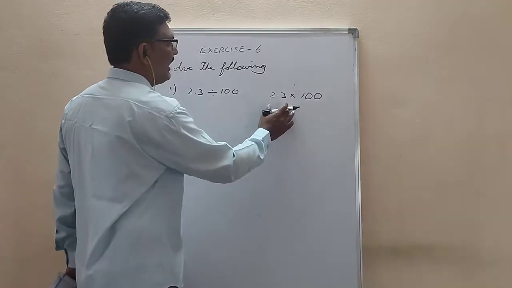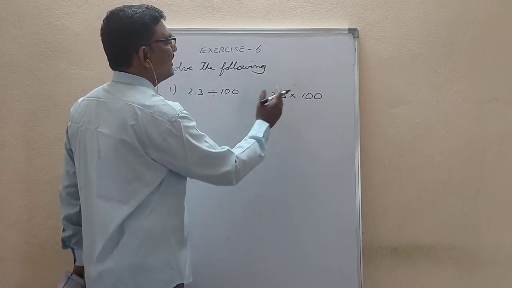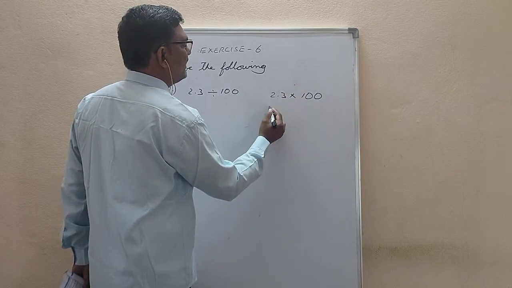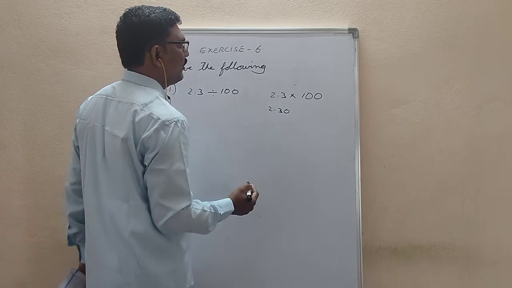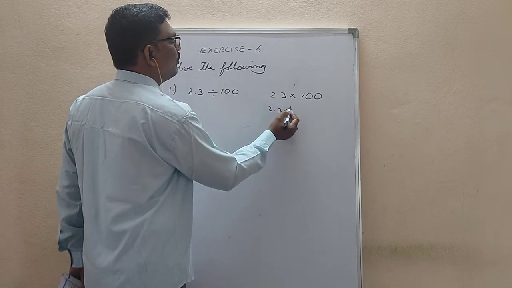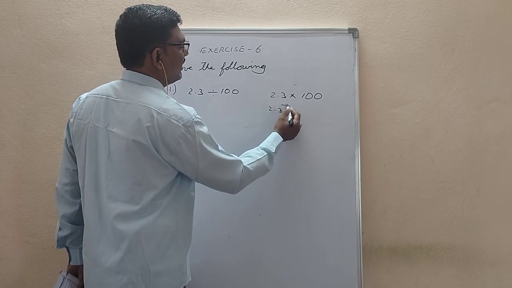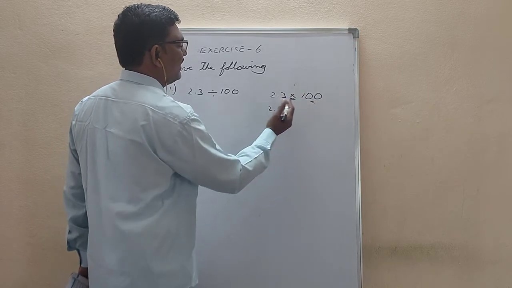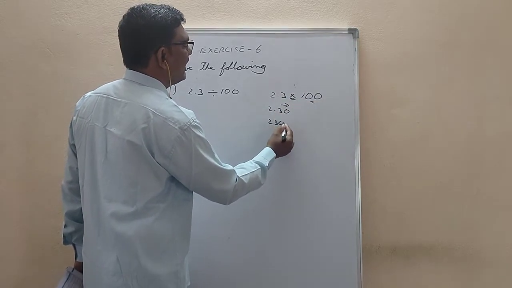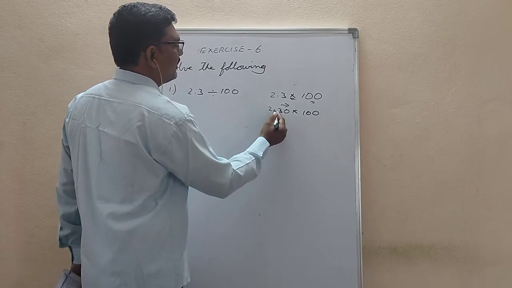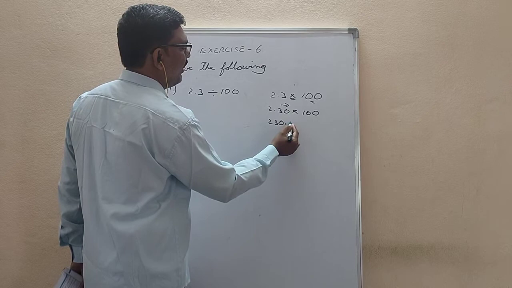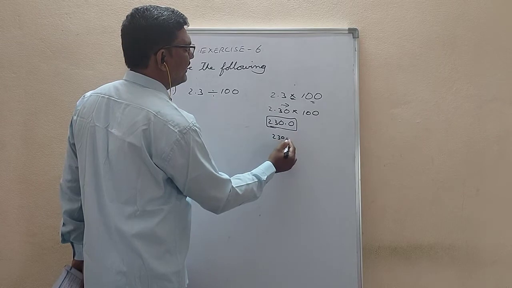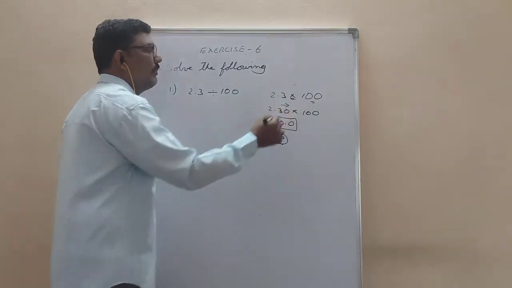For this, what I said was, the point will move to the right side. Two zeros are there, so for 2.3, the point will move 2 digits to the right side. When you are multiplying with multiples of ten, the point moves right. So it becomes 230. The point went here, and where no numbers are there, we put 0. 230.0 is nothing but 230. Okay, so that is about multiplication.